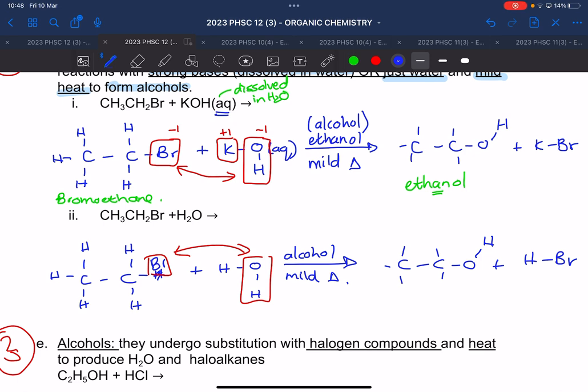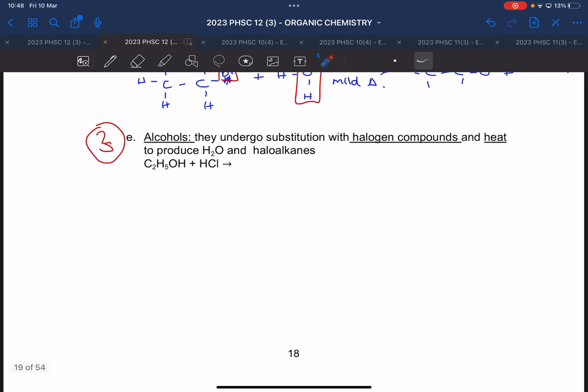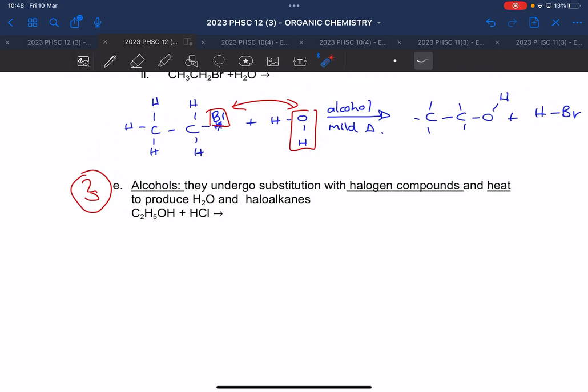Then there's something else I wanted to ask. Is the alcohol that formed in both scenarios a primary, secondary, or tertiary alcohol? Why? Alright. Then the last one that we're going to do today, when we start with alcohols, and they undergo